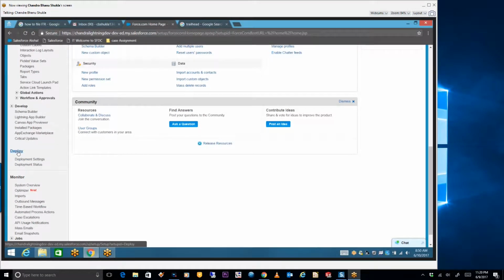Deployment. In deployment, we have two instances: one we call production, one we call sandbox. Production means it is live to your end user. Say you are developing a website or an application, then it is live. So whatever new feature you are going to add, you cannot directly test it on production because it is going to affect your end user. So we do all the testing, enhancing our product and developing new features in our sandbox. From the sandbox, we deploy the code, all the components and all the fields, to production.